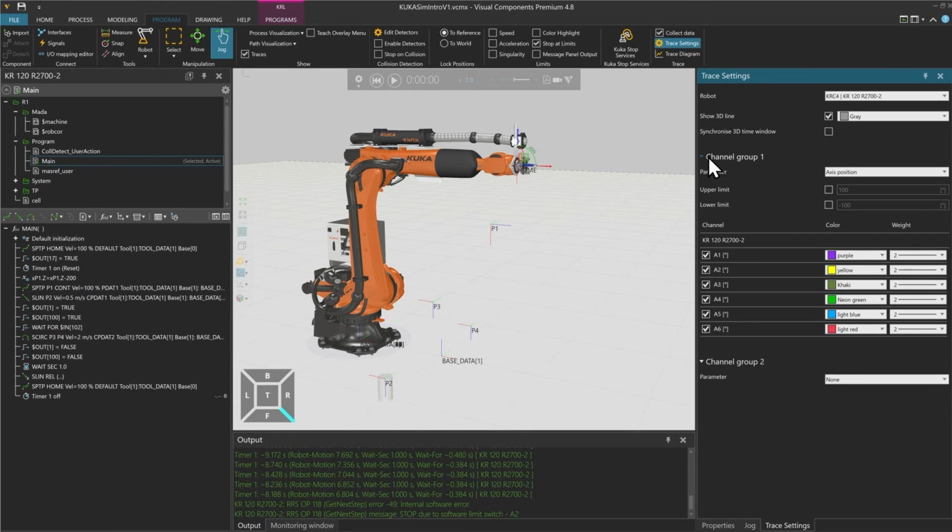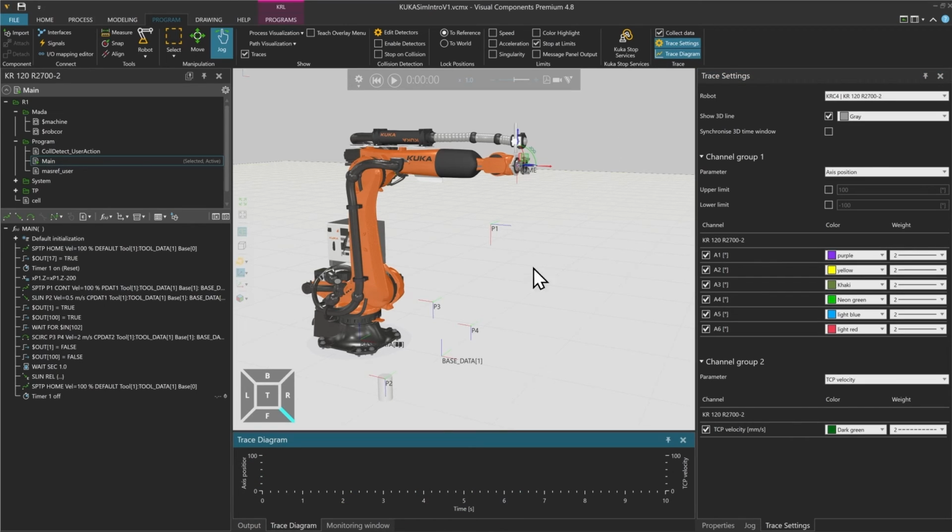For example, our first channel will be our axis position, and our second channel will be the TCP velocity. We can have up to 2 groups here, and if we want to visualize that, we have to click here on this trace diagram, and it will open a new output window down here.